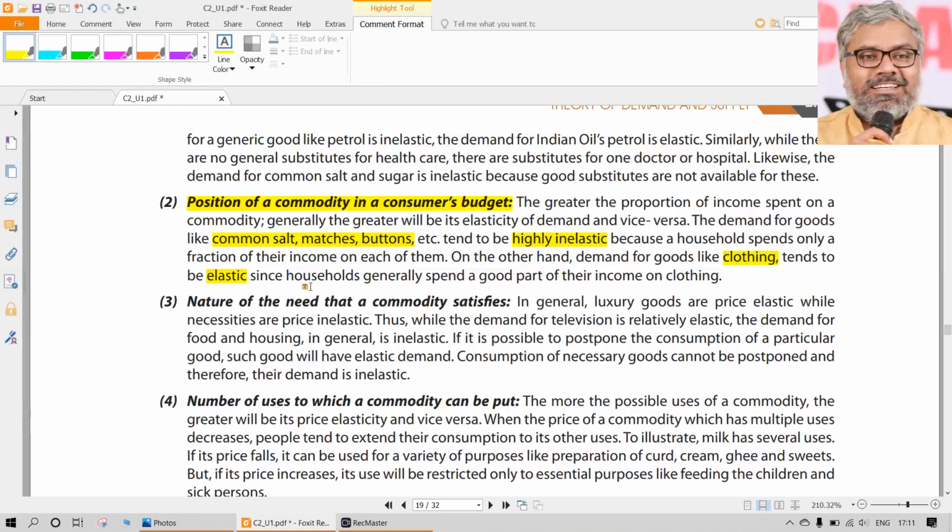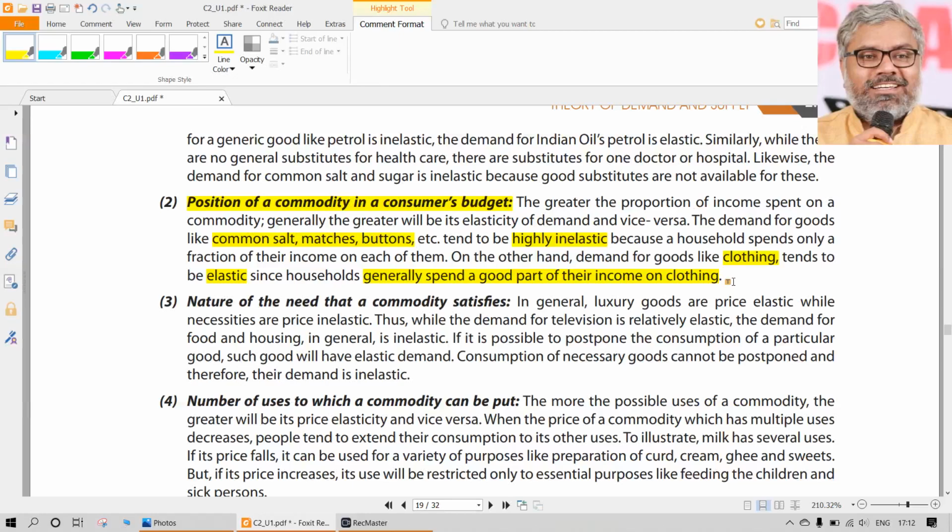If there is a reduction in the price of that product, then only the customer will be interested to buy that. If there is no reduction in the price, the customer is not interested in buying that. And why is that happening? Because generally the customers will spend a good part of their income on clothing. Most of the people I am talking about. So for them, clothing is not like every month spending on food, every month on paying rent, every month on clothing. No, every month nobody will spend on clothing in general. So clothing is an extra expenditure for a household, that we should understand.